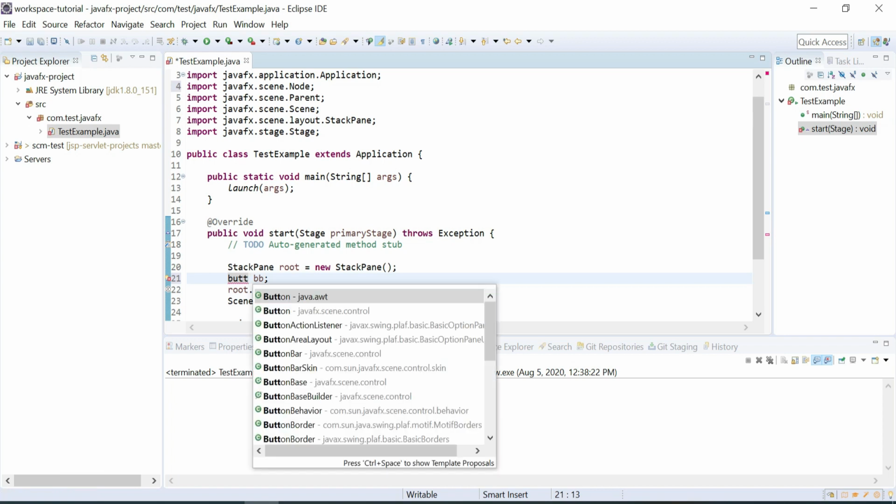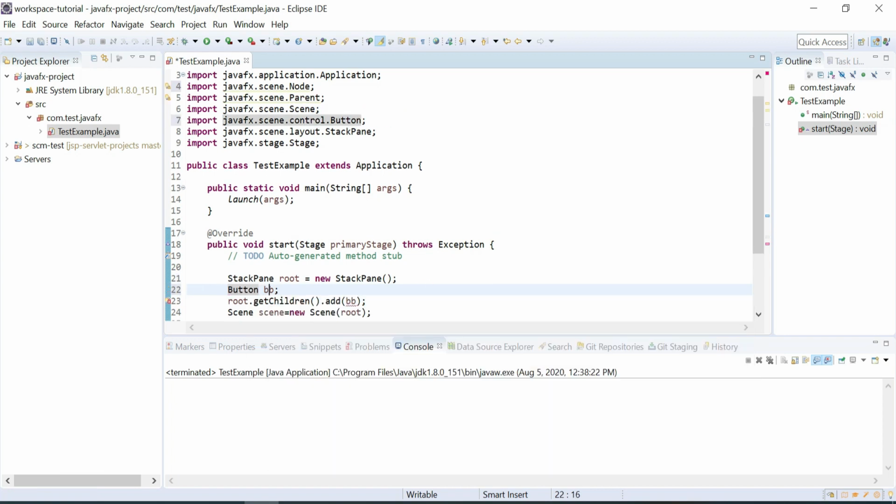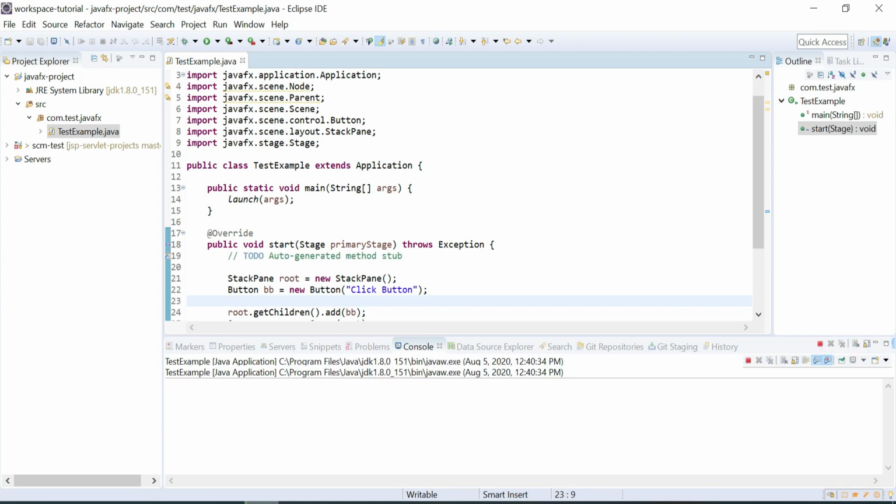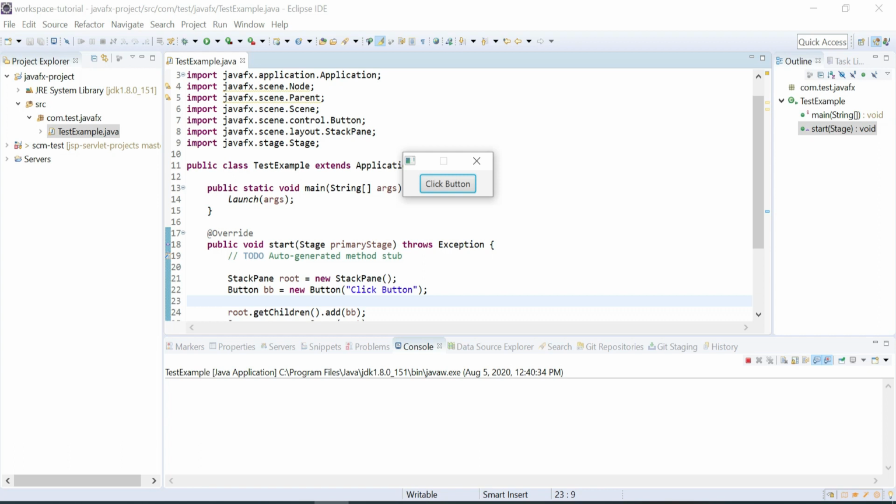You can also set the button text in the constructor, and you can also use the setText method. So I'm going to set it in the constructor, as Click Button. Now if you run this, you can see the button in the UI. Here we go, we can see the button here.